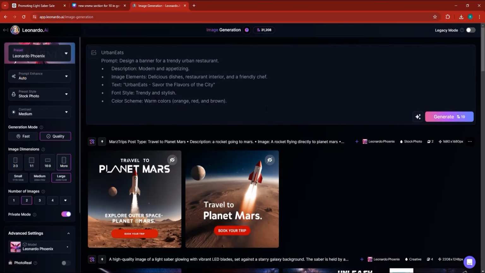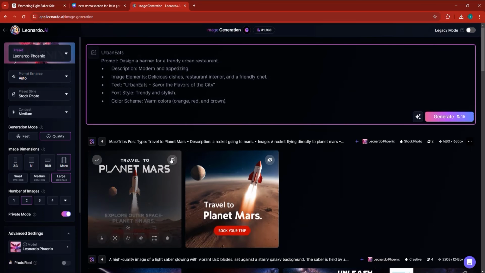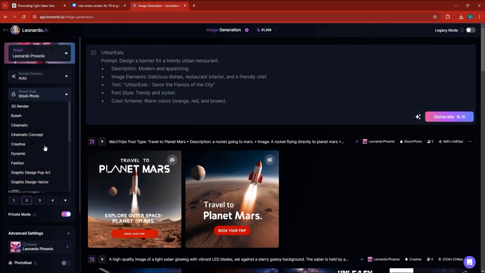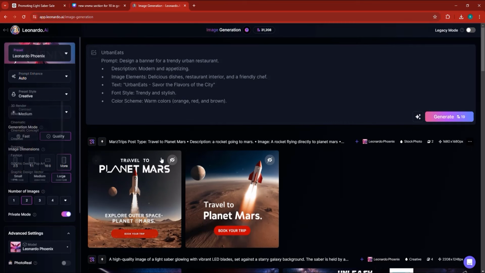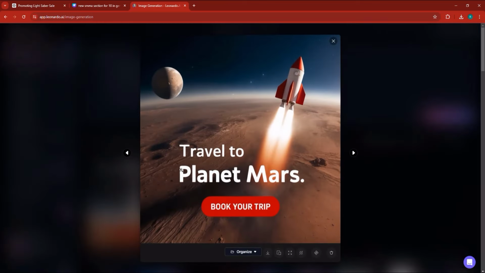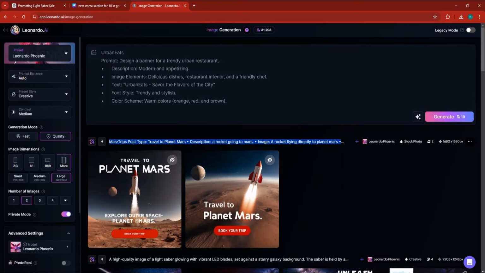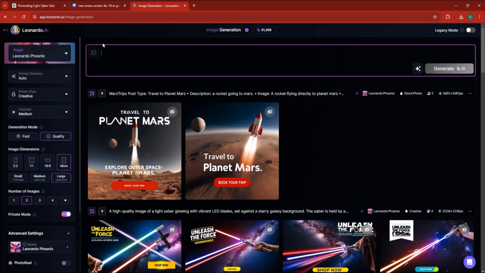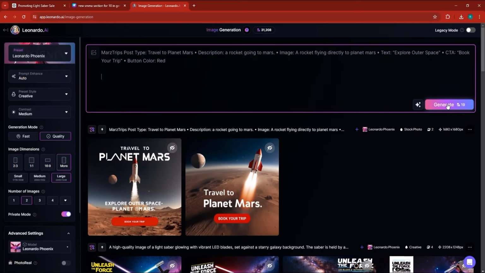And by the way, now if we switch the mode to another mode, which is instead of stock photo, let's say you want to go for a creative mode, right? Let's say you want to go creative. Now we can just go ahead and copy this particular prompt. Okay, let me click the image. I can copy this prompt right here, and let's just place it for a second, just so we can generate